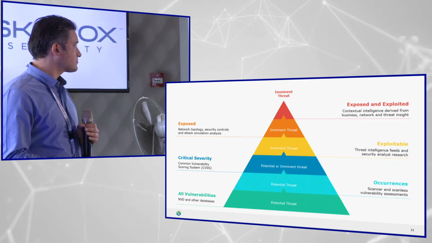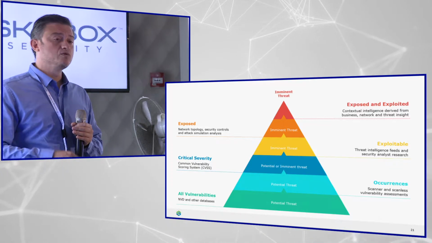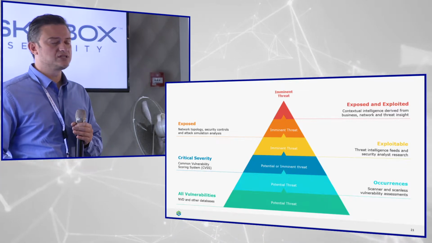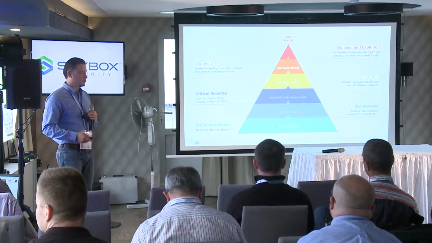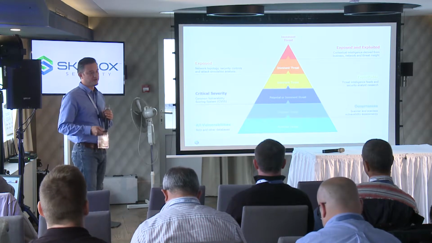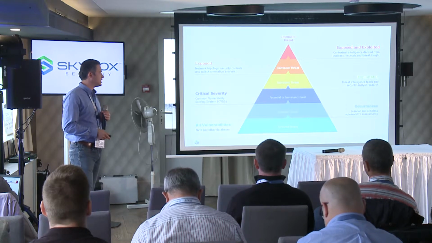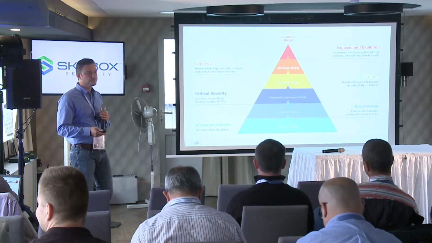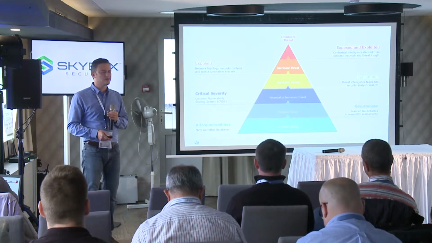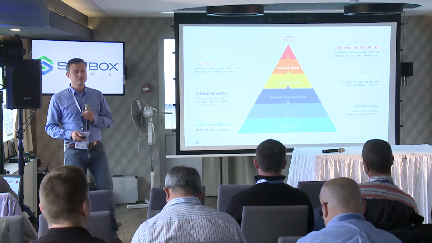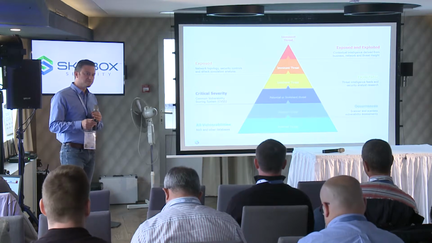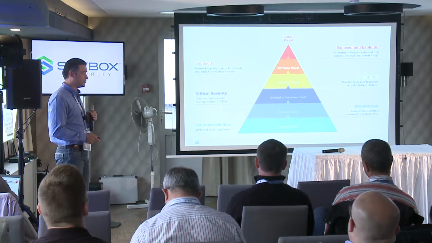The next thing is exposed. Exposed could be a vulnerability without an exploit. And again, it doesn't mean the exploit does not exist. We just don't know about that. So this is already an imminent threat. The vulnerability is exposed to some vector, but has no known exploit. It is probably sold on a black market for a price starting from something like $50,000 or euro. Sometimes it's less, okay, but less they know.